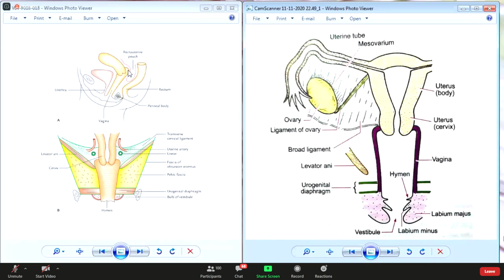This is called posterior colposcopy and colpotomy, by which, without going into the abdomen and cutting the abdominal muscles, we can clear up the rectouterine pouch of Douglas by putting in an expert. Of course, you have to be an expert at that. You have to approach this way, and surgically you can reach this rectouterine pouch without cutting the